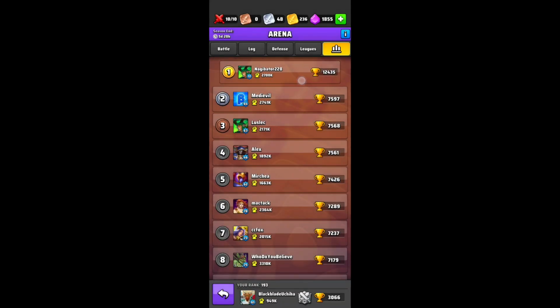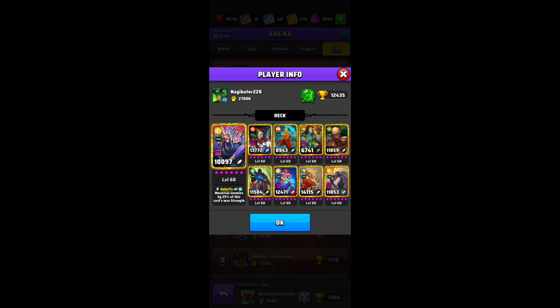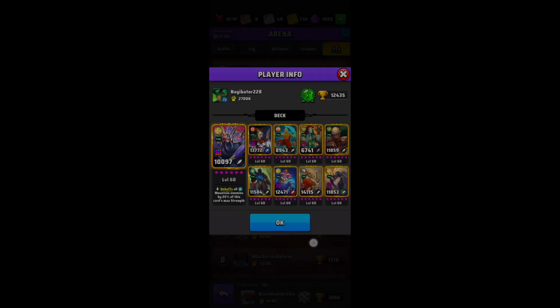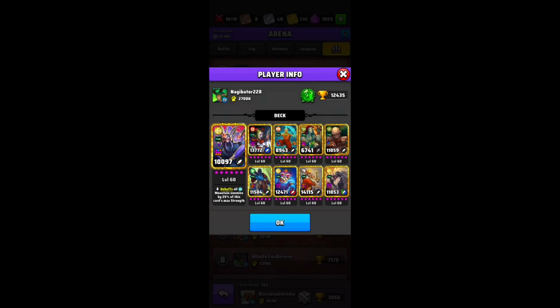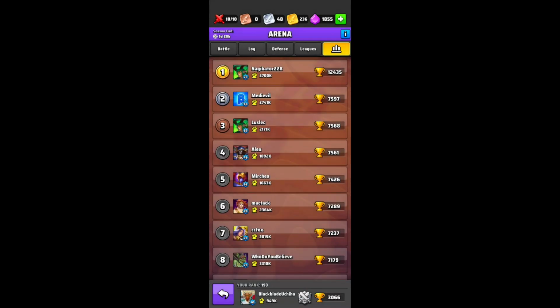How do you beat it? I have no idea. Hoping to out-resource them, nuke them as fast as possible. That's the only two things I can think of. Out-resource them, nuke them as fast as possible. If he didn't have shock resistance, I would say shock to turn off Scythian Lord of Flies, and then because I would use